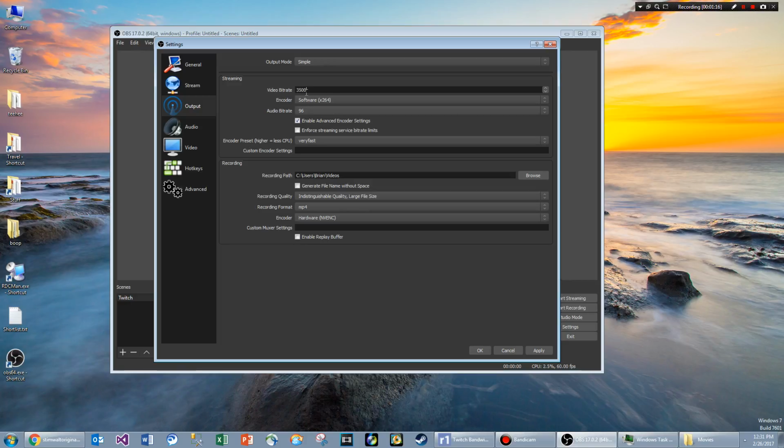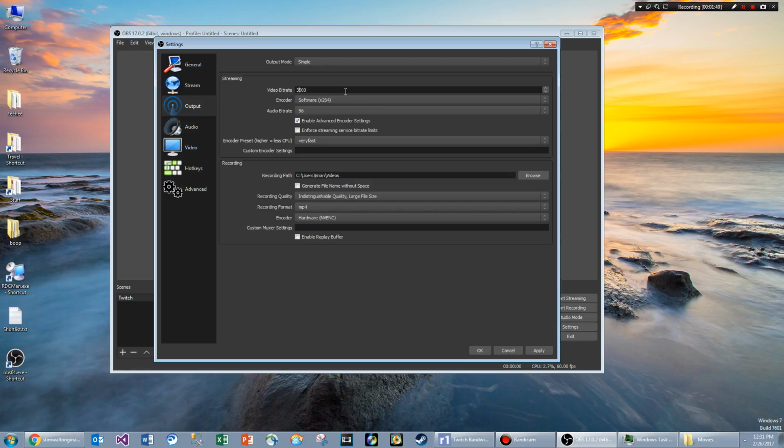But just for you folks out there that do have mobile followers, people that use smartphones or tablets to watch your Twitch, it is recommended that you drop your bitrate down to 2500 for streaming. That way, people that have slower internet connection speeds can watch your stream. So just keep that in mind. You may want to start off with 2500 in case people are buffering your videos, but